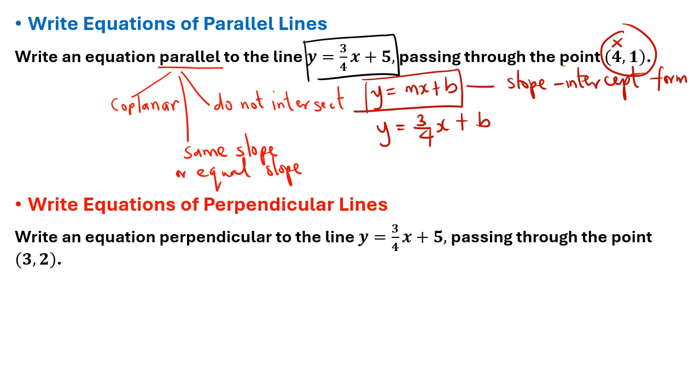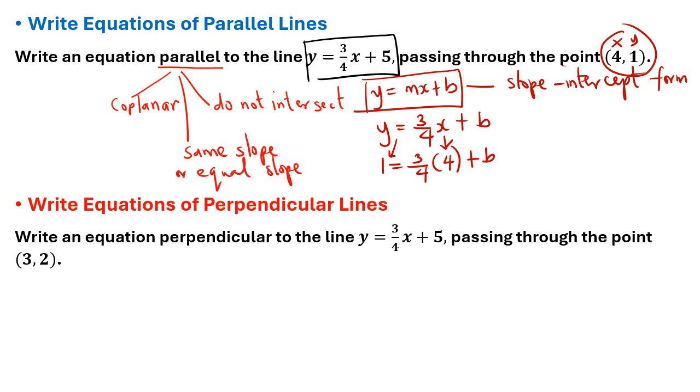We're going to plug in 4 for x and 1 for y, because these are the coordinates for a particular point given on the line. So that's going to be 1 equals 3 over 4 times 4